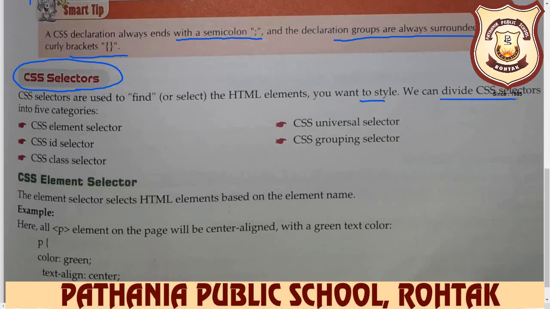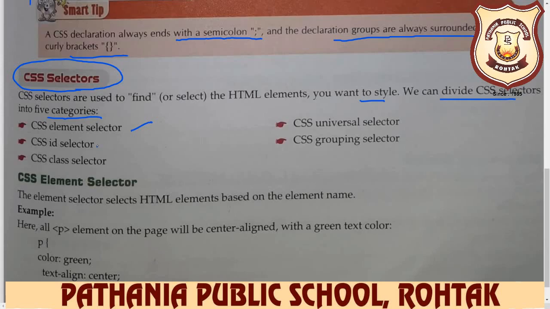CSS selectors can be divided into 5 categories. One is your CSS element selector. Like H1, we write down directly H1, then we write down directly P. These all are your element selectors.